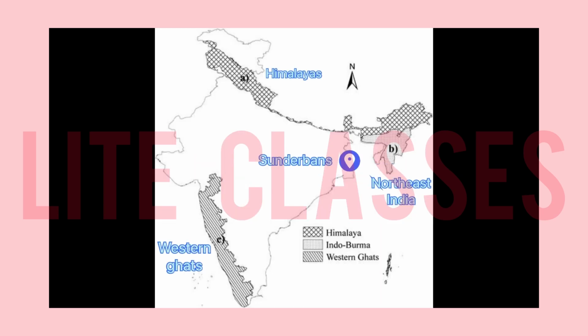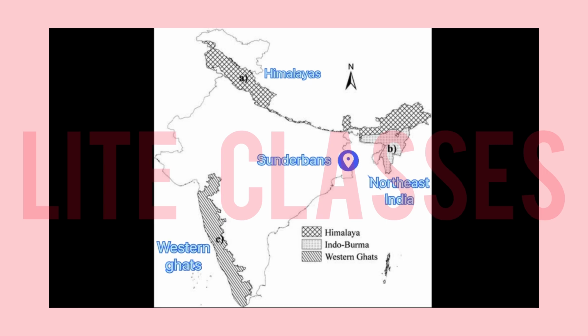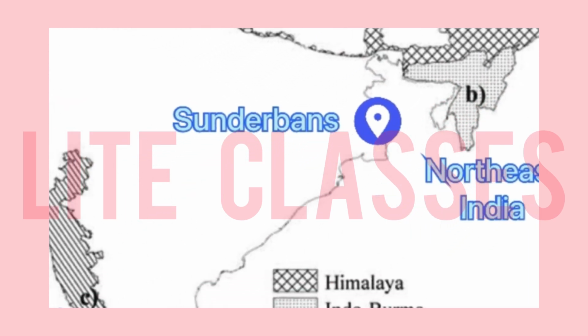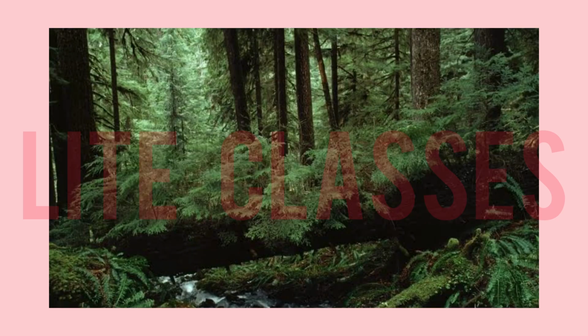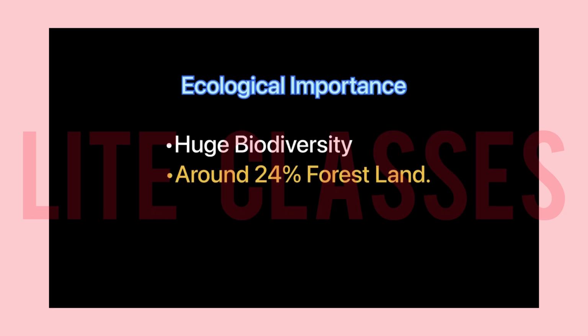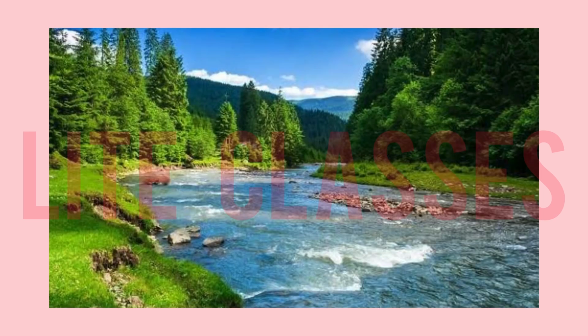It is a biodiversity reservoir. We have different kinds of forests, from the Sundarbans to the Western Ghats, with many unique animals and plants. Our forests help bring rain and clean the air, especially in places like the Western Ghats. Forests, spanning about 24% of India's terrain, balance the climate and sustain rivers, especially in regions like the Western Ghats